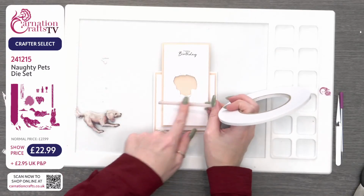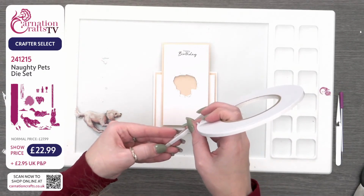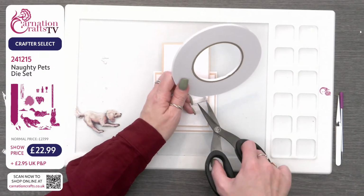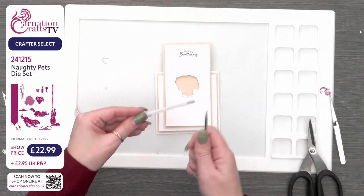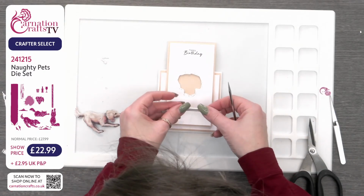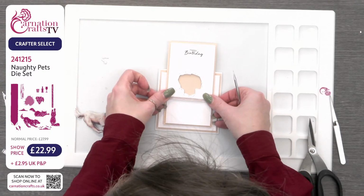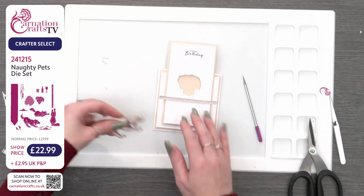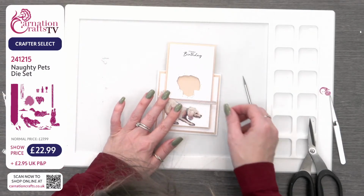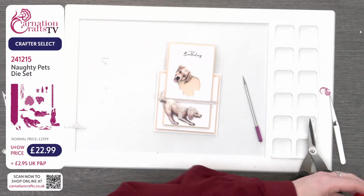Right, so we're going to use this bit again, and we're going to use it like a shelf. We're going to pop a little bit of foam on the back of here, and this is exactly what I mean about why I like this foam so much. Look at that, it just fits perfectly. Absolutely perfectly. So this is going to go on there like that. There. I'm going to pop that there. Oh, I feel like I need it to be low. He's going to go there. We're going to have him sticking his head out of there, so let's use some